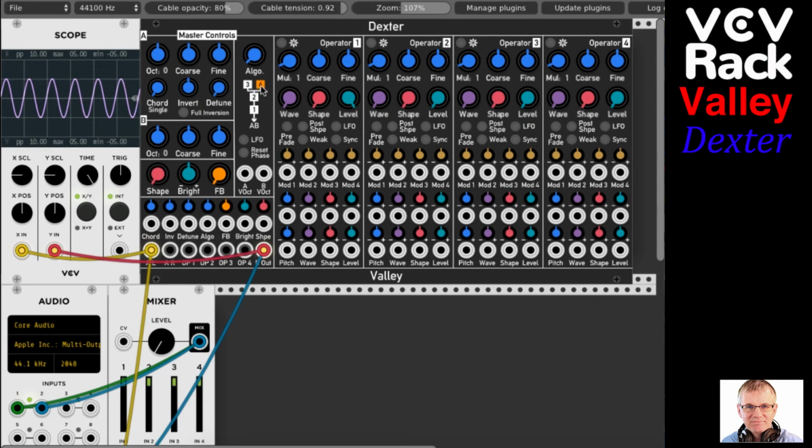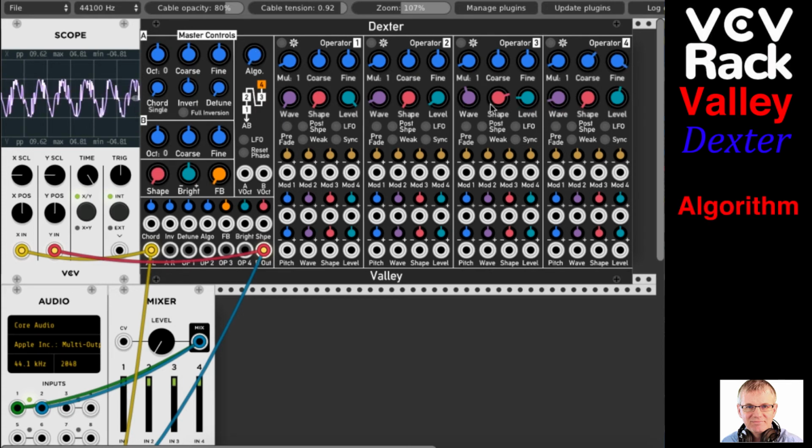They're not affecting each other. But then both together as a sum affect 2. So it'll give us a different sound. So let's just see what that sounds like. Now I've got this set up here. So we're going to get a unique sound. It's not the prettiest sound in the world. But now you'll see, if I switch to the next algorithm,